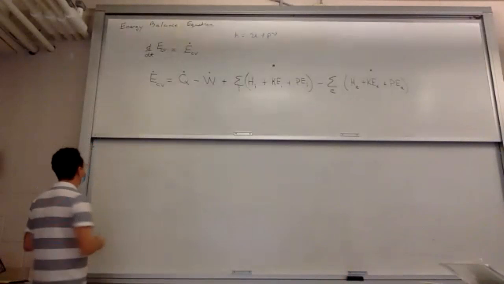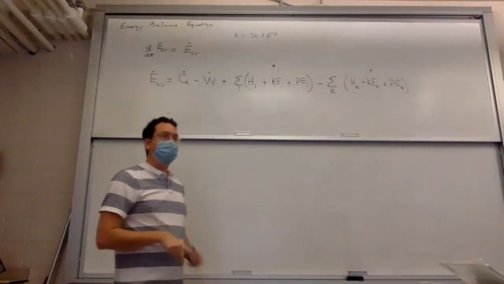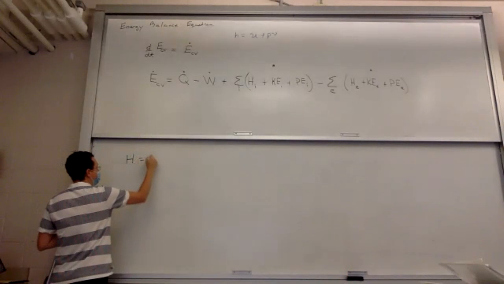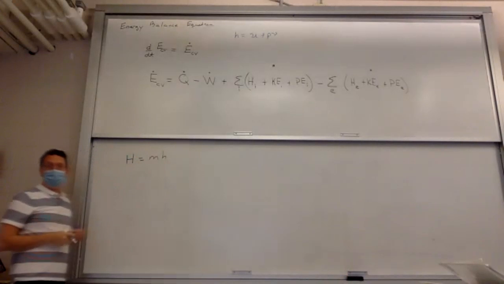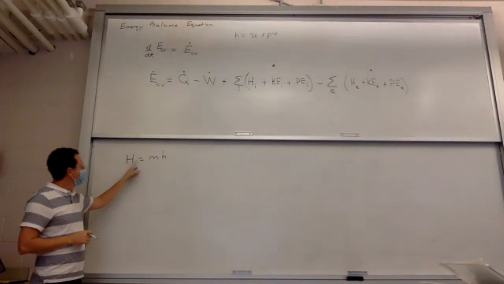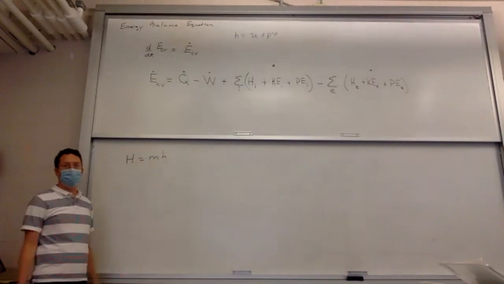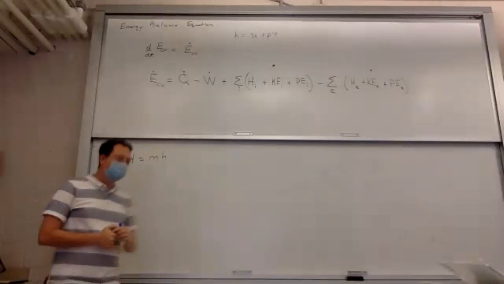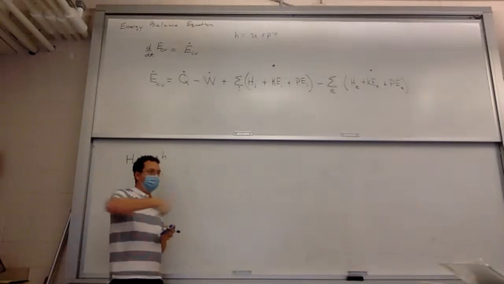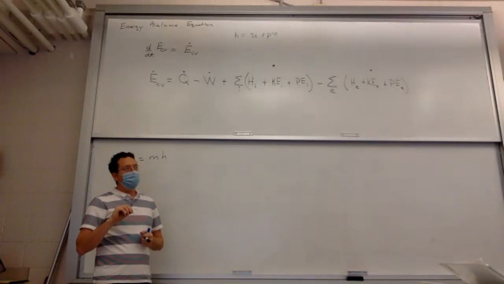Okay, so let's rewrite capital H in terms of lowercase h. How do you do that? Or you can rewrite it. Okay, so we say this is enthalpy, this is specific enthalpy, and you do the mass times specific enthalpy, right? That's a familiar thing. Now, when you think about pipe flow, right? Water droplets falling, going through a tube or something like that. All right? And you think about